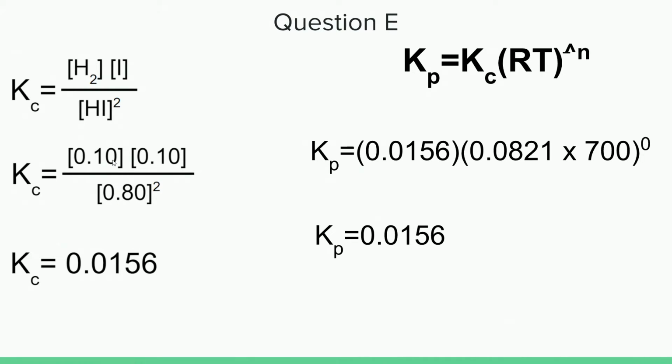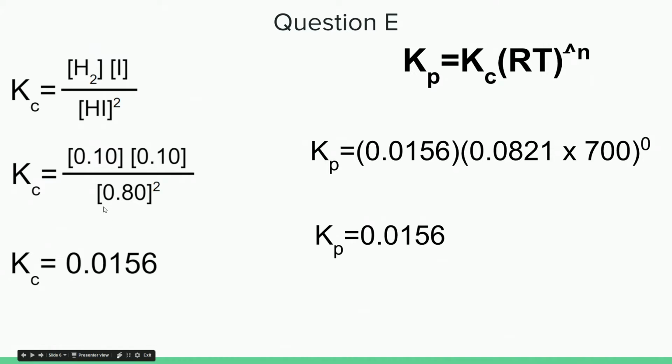At equilibrium, the molarity of H2 was 0.10, and the molarity of iodine was 0.10 also. And the molarity of HI was 0.8, and that is squared. Once you do all the calculations, Kc will equal